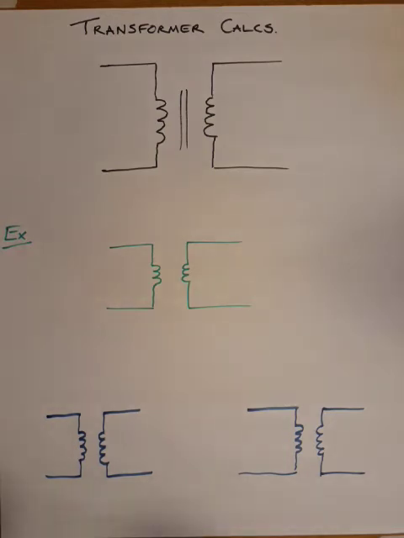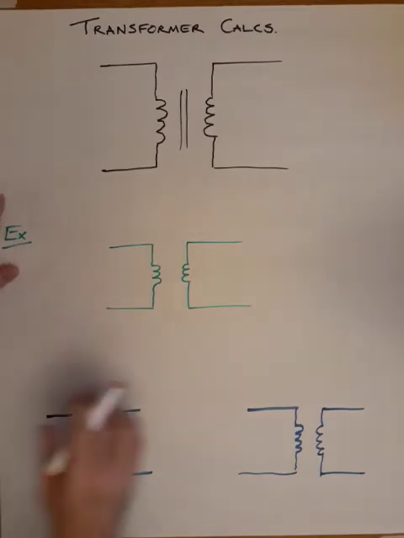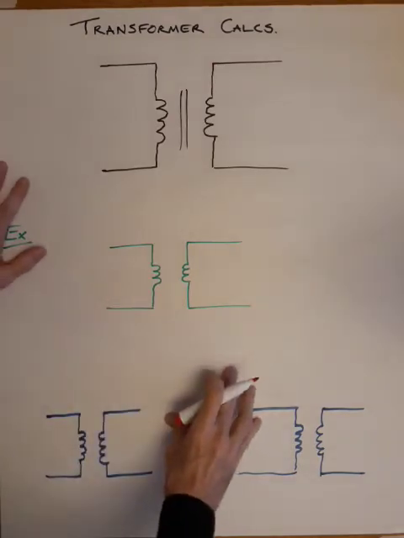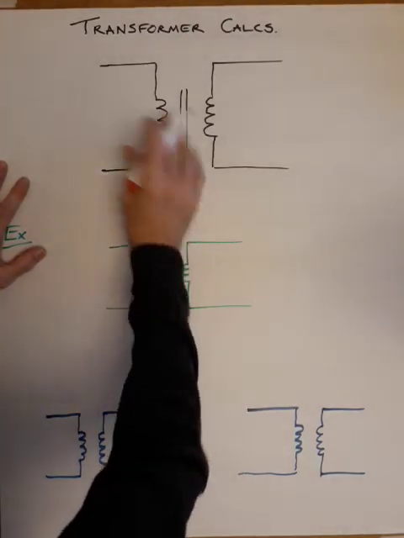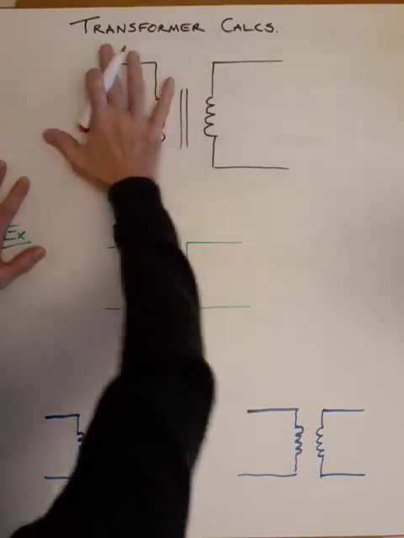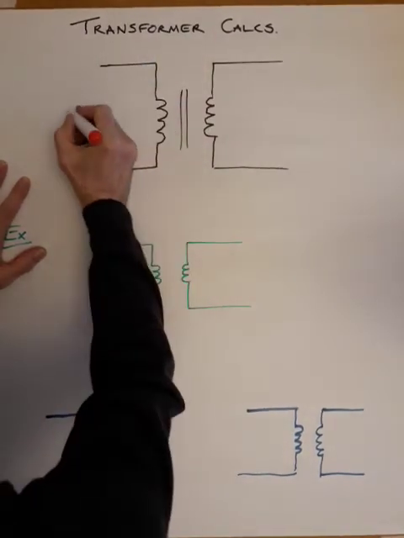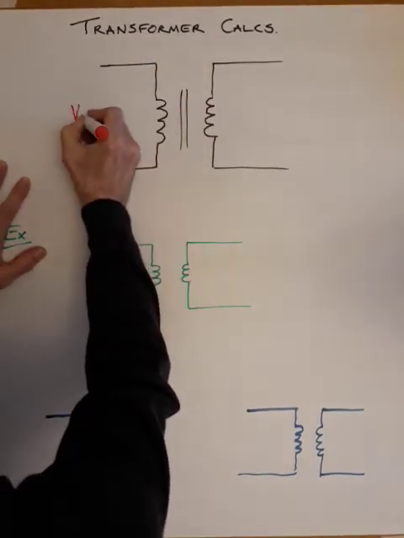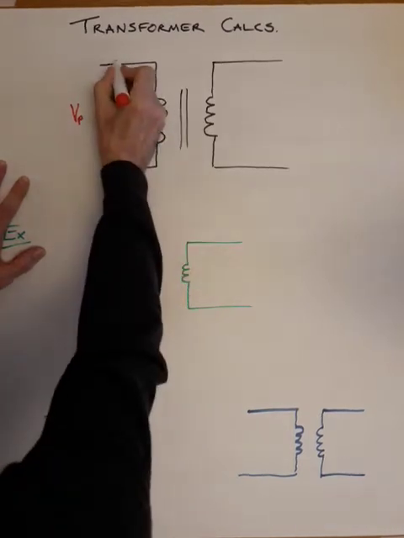This is the second video on transformers, and here we're going to look at the transformer calculations. Before we can do that, we need to identify the quantities that we're dealing with. So this is the primary, this is the secondary. On the primary, we have the primary voltage. There is a primary current,